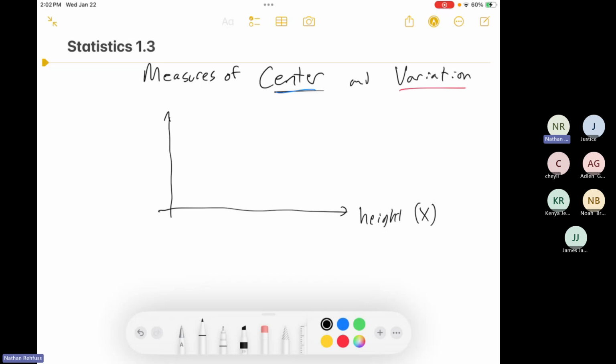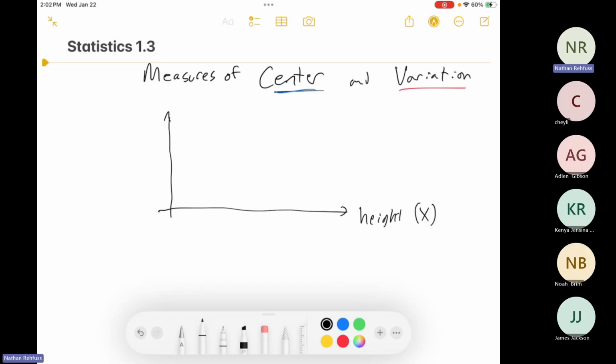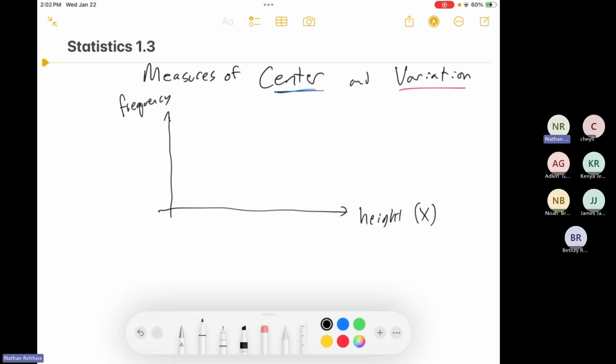If I'm trying to plot my data set here, I can make an illustration where the x-axis is height and the y-axis is frequency. And I could say something like the average person in this study was 5'7", and the set might look something like this. The high frequency in the middle means that lots of people were somewhere between, let's say, 5'4" and 5'10". Those were very common measurements. And then the height of the line goes down to say that people taller than 5'10" or shorter than 5'4" are less